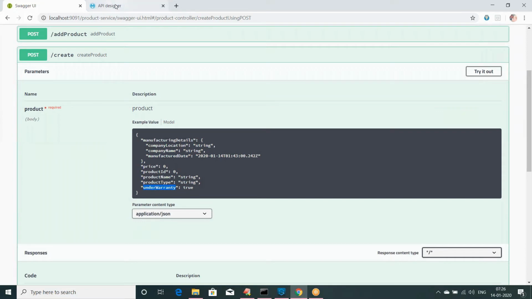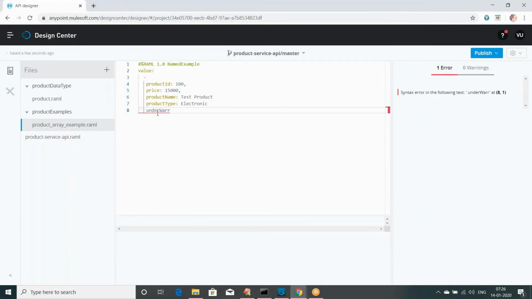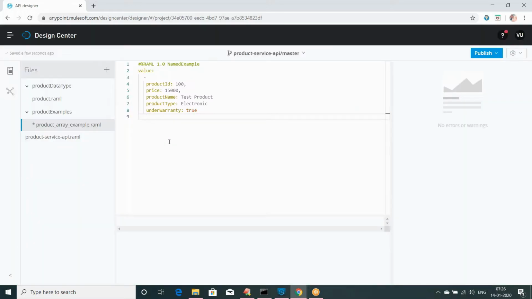I'll copy from here. And this is true, right? We have this much. Now under this I will add this one. This is another object, so I'll take it from here, right? Colon, within it we have